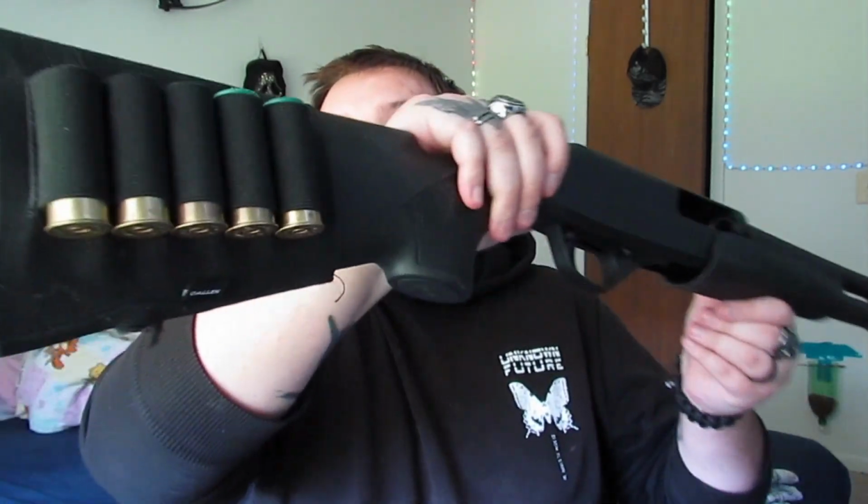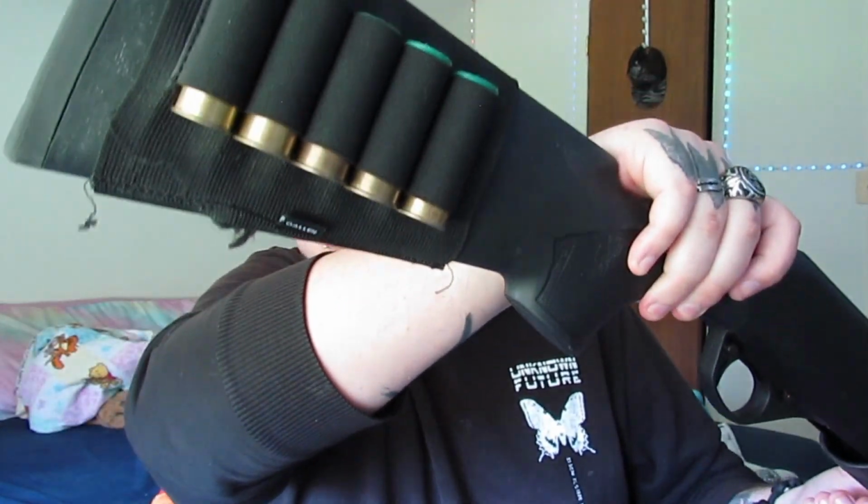Here is the butt pad. The butt pad's teared up because I bought a sling for it and I was trying to make it fit and it wouldn't fit. So I'm gonna have to get a new butt pad sometime. Anyways,